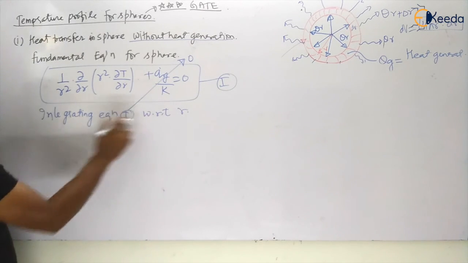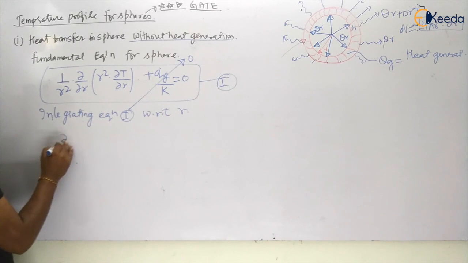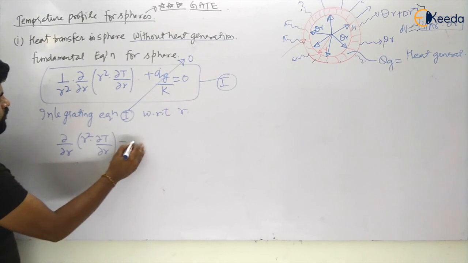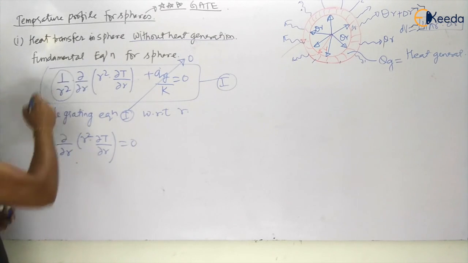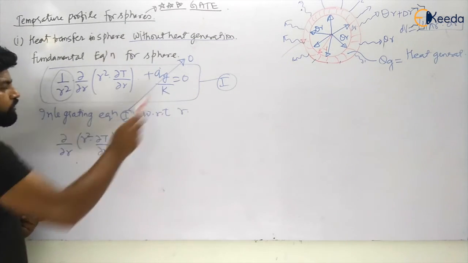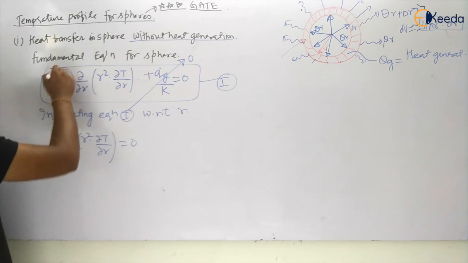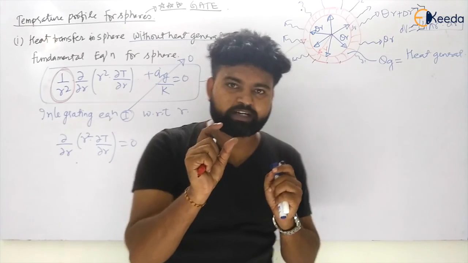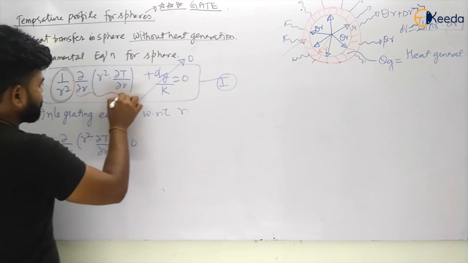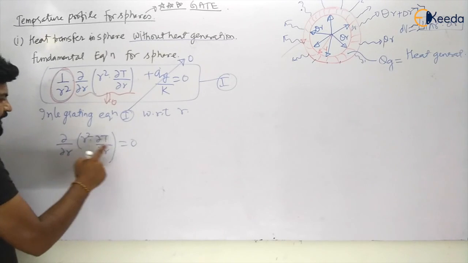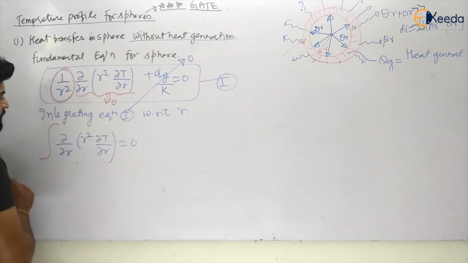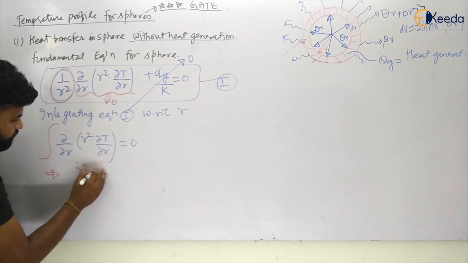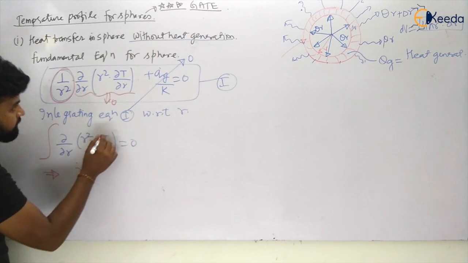So I will have one thing. Let us see what. Integrating with respect to r, I will have the value del by del r of r square dt by dr is equal to 0, because this term cannot be 0, my dear students. Let us see. If I am making it equal to 0 and integrating, this term will not be equal to 0, because it is having some value r. And if r will be there, that value of r cannot be equal to 0, my dear students. So the part that will be equal to 0 is this much. So this will be equal to 0. So I am making it equal to 0 and I am integrating. My dear students. So integrating this equation, what I am having, let us see. So this will become r square dt by dr.